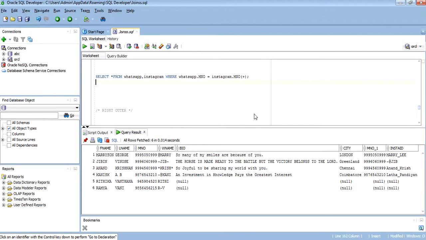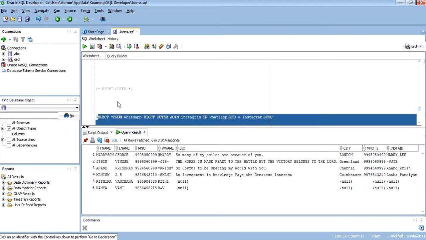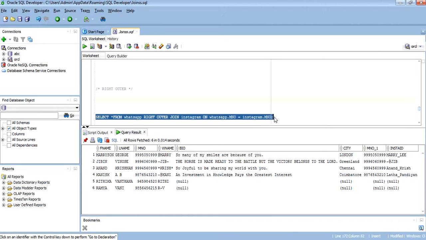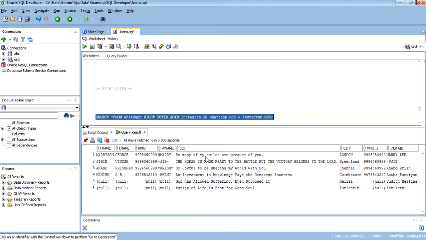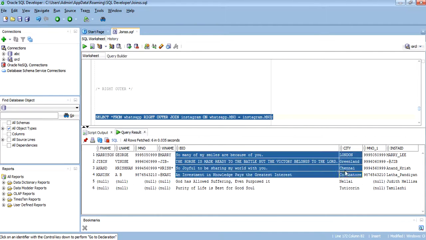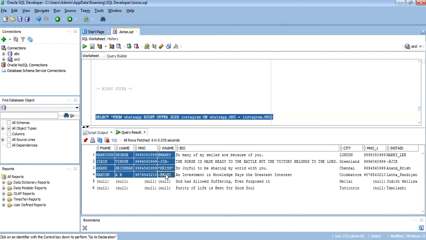Now we'll move on to right outer. In terms of right join, it returns all the data from the right table and the matched data from the left table. Let us execute this statement. I have selected and am executing. We can see the output. My right table is Instagram. It returns all the data from the right side and matching records from the left side.